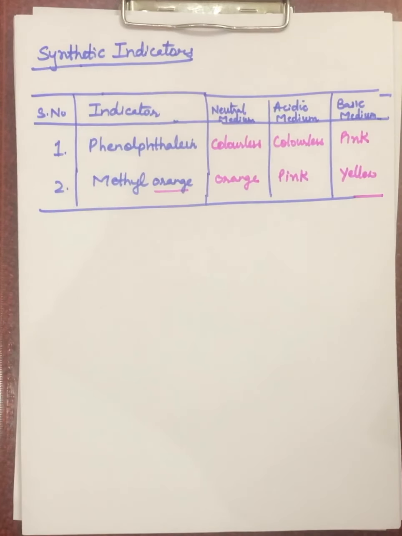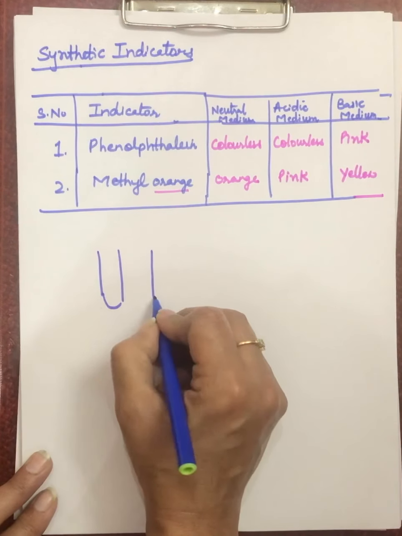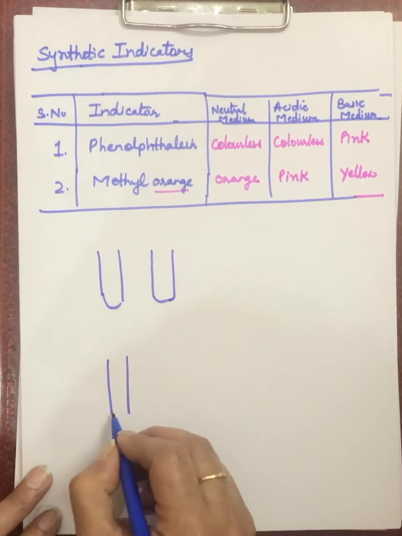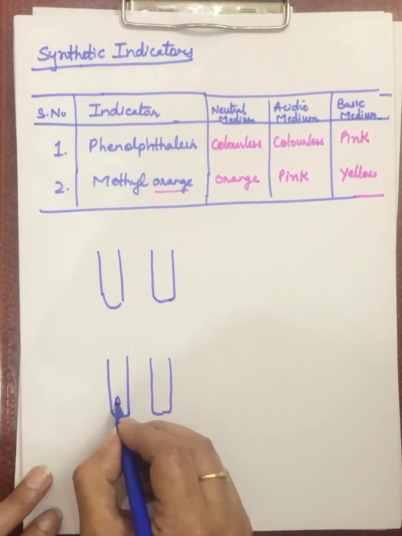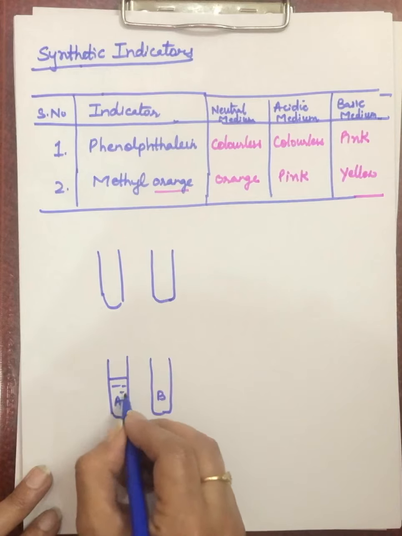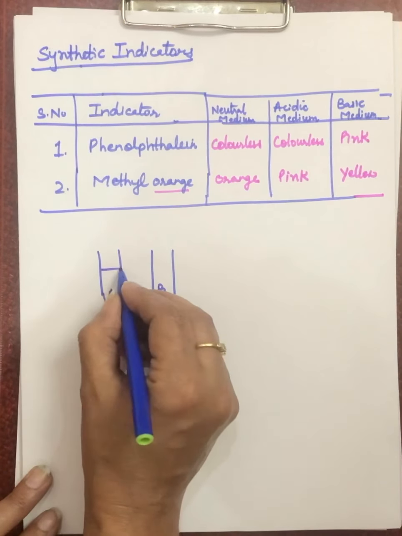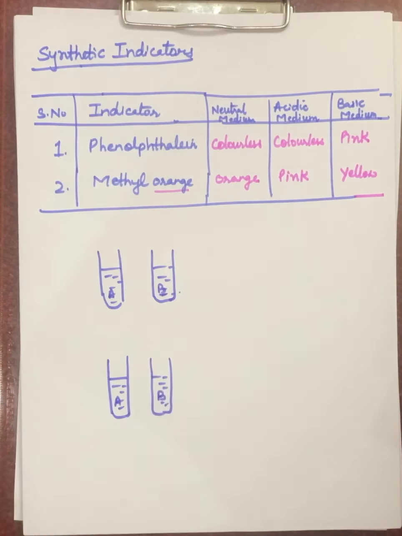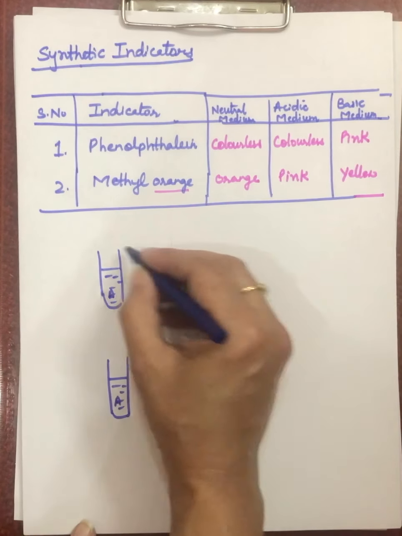Now we are taking the test tubes. I'm taking two test tubes now. One has acid, one has base in it. But again, we don't know which test tube has acid and which one has base in it. And we are taking the phenolphthalein solution. Phenolphthalein is colorless. This colorless phenolphthalein we are adding into the two test tubes.